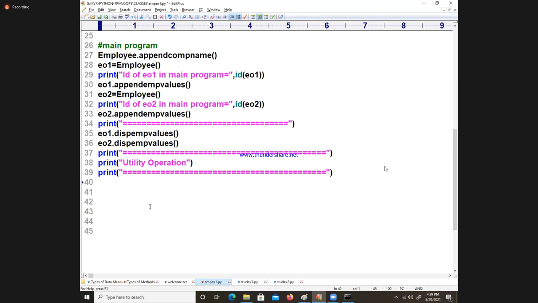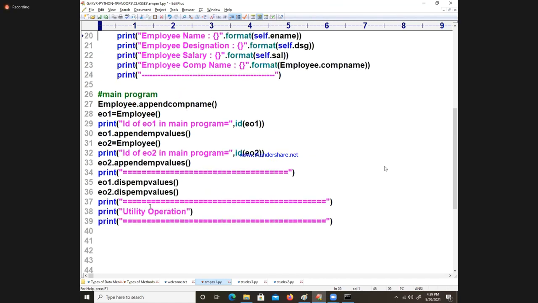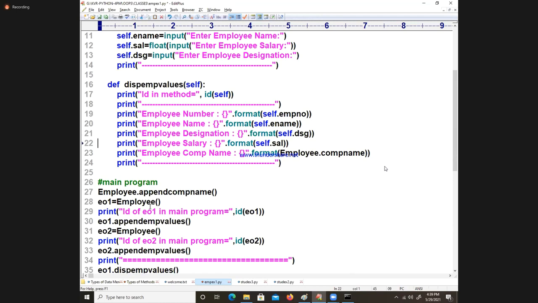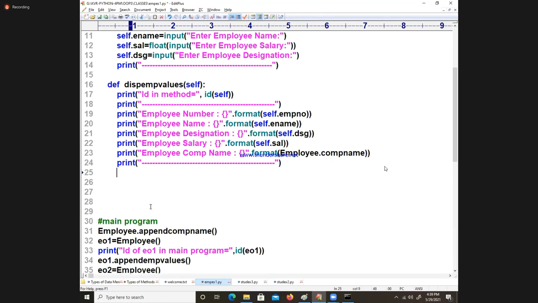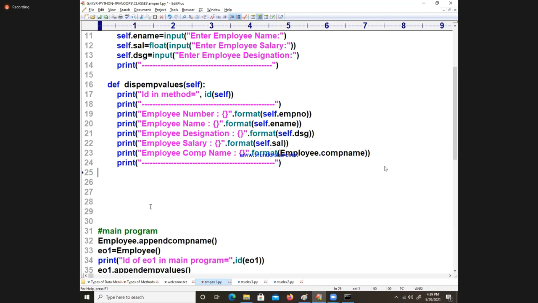See, EO1 dot. I am going to do EO1 dot, just to see what I am going to do. Instead of that, you go directly to this place. I want to do any of the arithmetic operation. See, I am planning to do that. Which method? Utility operation. How can you do it?